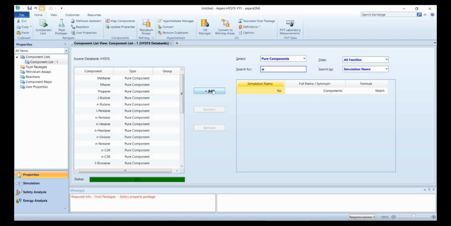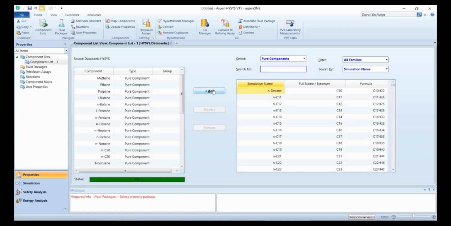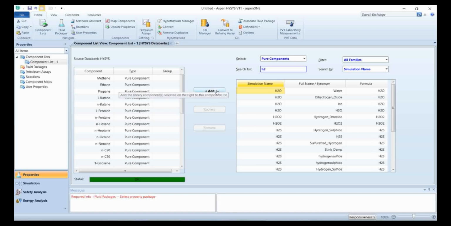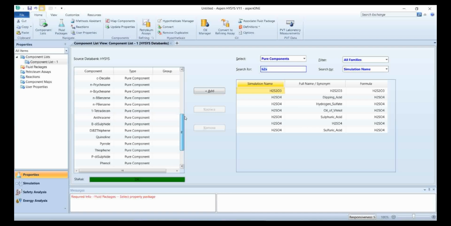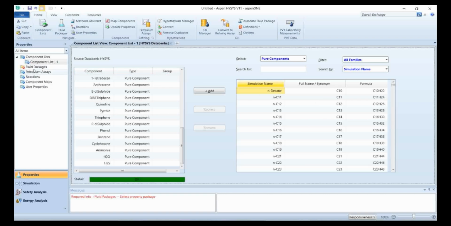Water, now the last component we will add is H2S. Once all the components are listed, we will go back to the fluid package for our simulation.